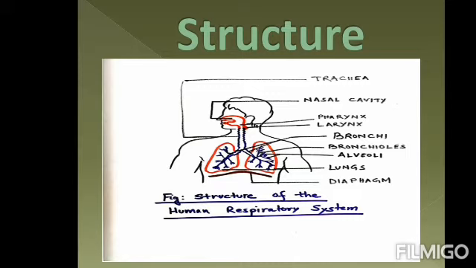Bronchioles are the branches and sub-branches of bronchi that appear inside the lungs. Alveoli. These are air sacs at the end of the bronchioles. The alveolus is composed of a very thin membrane and is the place where the blood capillaries open. Alveolus is the part where the oxygen mixes with the blood and carbon dioxide is exited out from the blood. The exchange of gases occurs due to the difference in pressure.